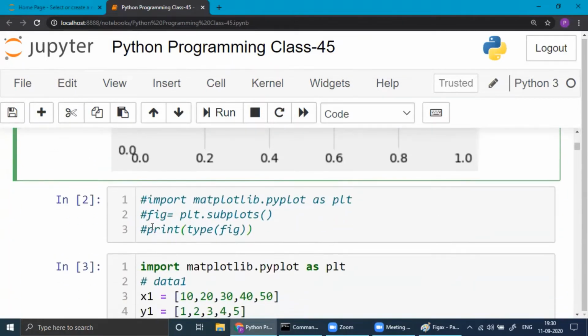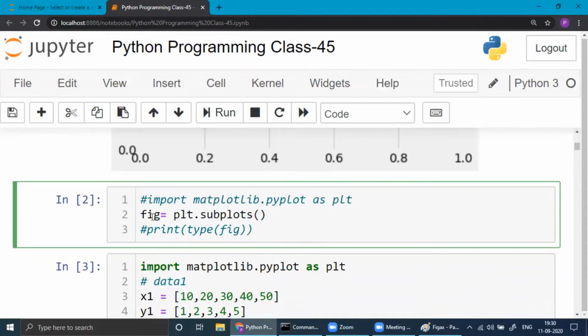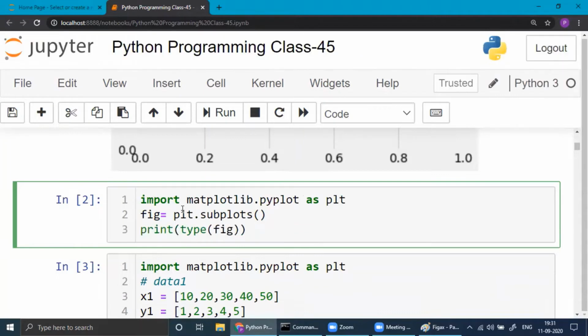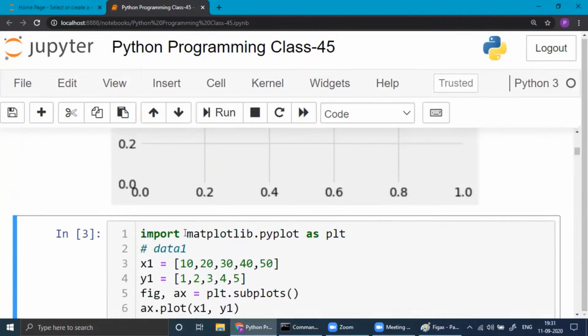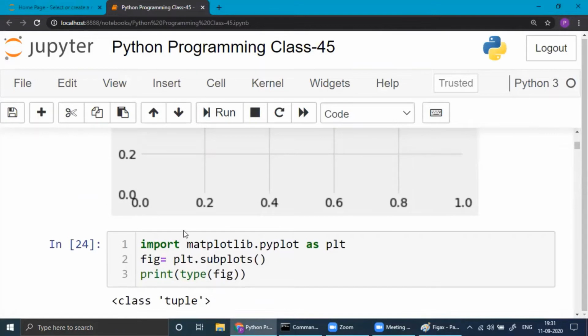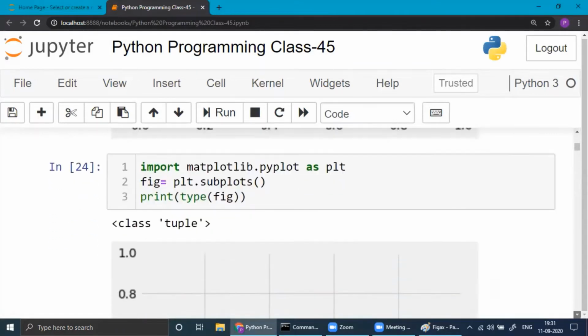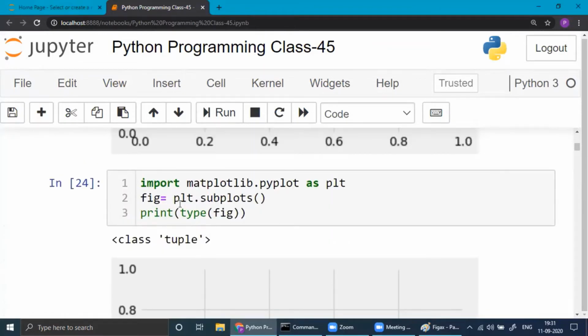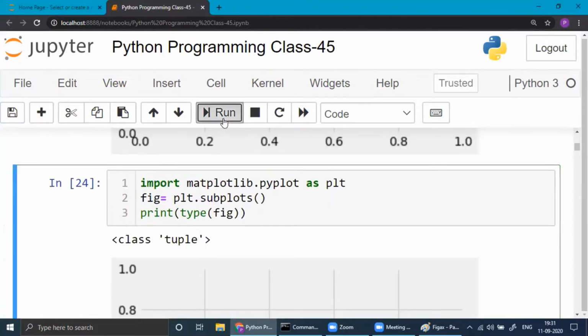Suppose knowingly I write only FIG, then what will happen? This is customary though, this is already done, the first line, so you run it. Layers, sorry, that will come here. If you run this one, you have only one.